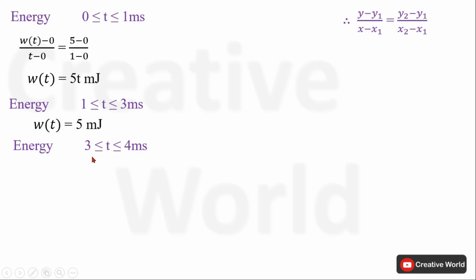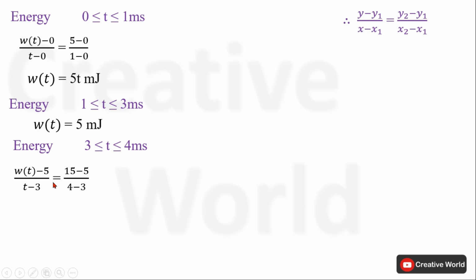After this, the energy will be calculated between the time interval 3 and 4. Here you might be a little confused about why we are calculating the energy, since energy is already given in the scenario. So I would like to share that the energy plot is given. For the calculation of current, firstly we require the value of energy between that particular time interval. After that we can calculate current from it. So we are just extracting the values of energy between particular time intervals.